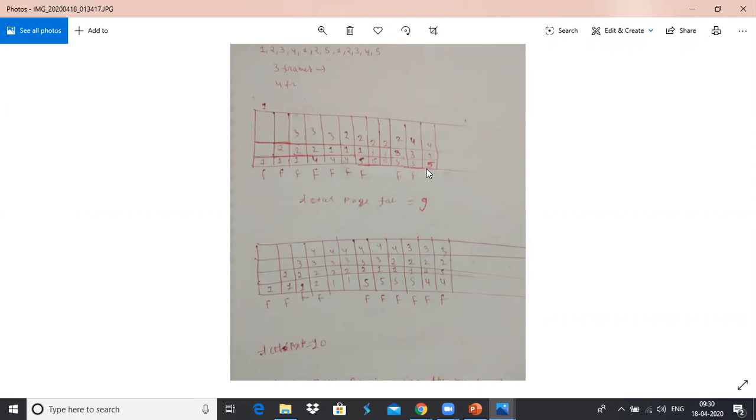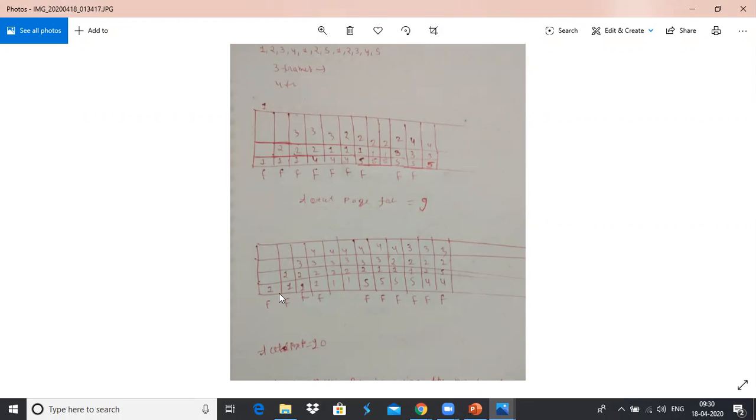Count how many page faults: 1, 2, 3, 4, 5, 6, 7, 8, 9. How many total page faults? 9. But initially the number of frames available was only 3. See here, only 3 empty frames: 1, 2, 3. But if you increase the number of frames,